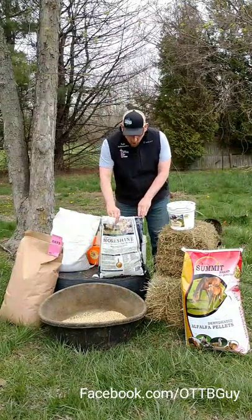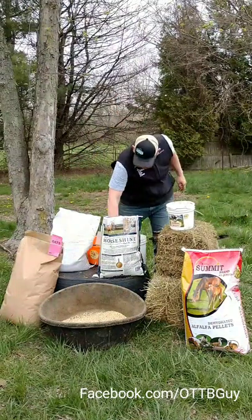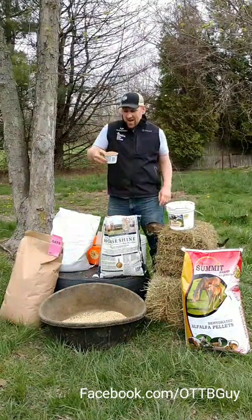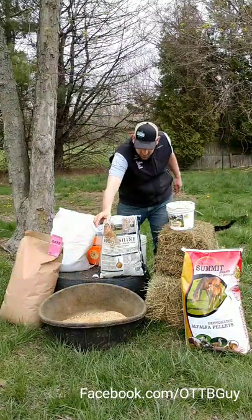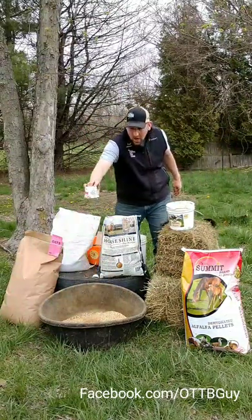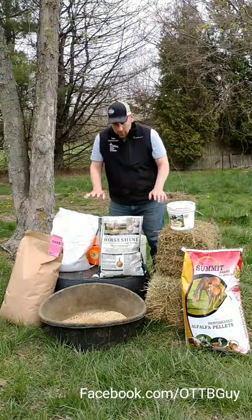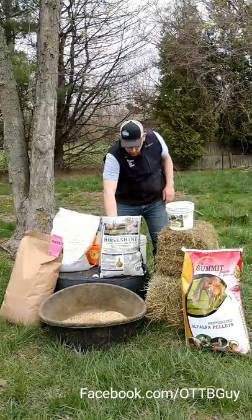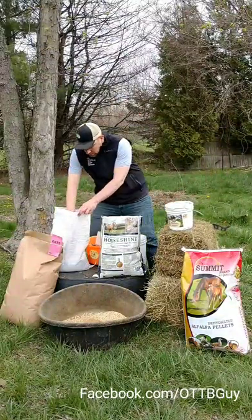Supplement-wise, I've always found Omega Horseshine to be the best supplement for them. They get 1 8-ounce cream cheese container of Omega Horseshine, and that you'll see is just a flaxseed powder with a lot of other great additives like biotin, stabilized rice bran. Again, it is soy-free, so I like that a lot. So they're getting 1 8-ounce container, and that's everyone. They all get the same, plus 1 scoop